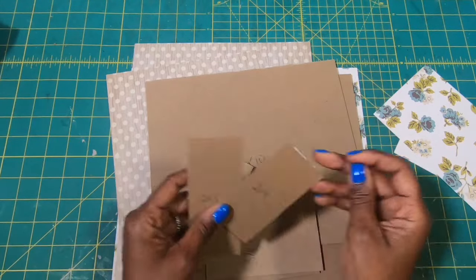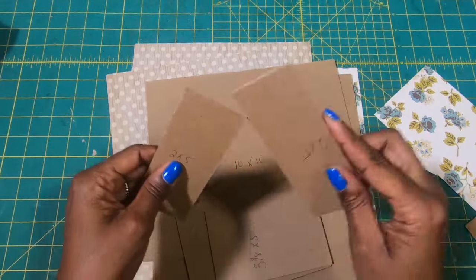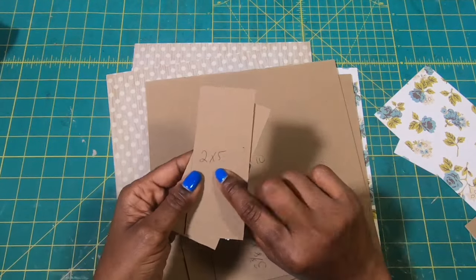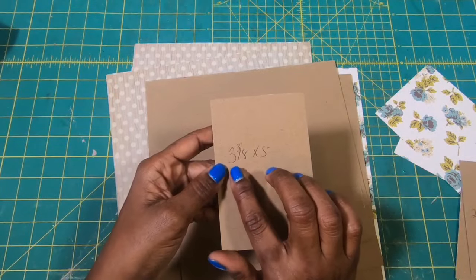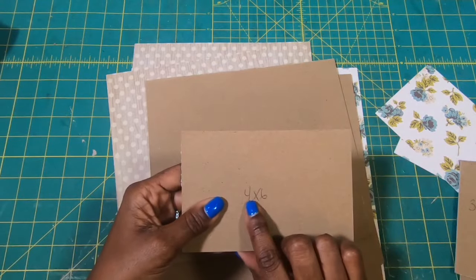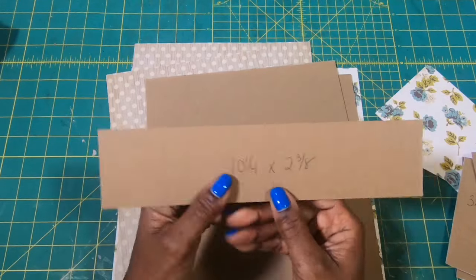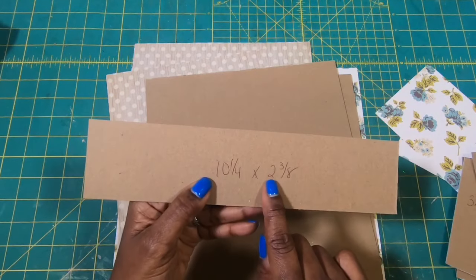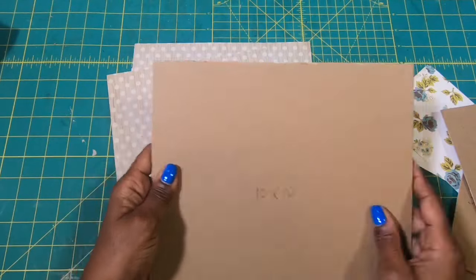We will need 2 chipboard pieces that measure 2 by 4, 2 chipboard pieces that measure 2 by 5, 1 chipboard piece that is 3 3/8 by 5, 1 chipboard piece that is 4 by 6, 1 chipboard piece that is 10 1/4 by 2 3/8, 2 chipboard pieces that are 10 by 10,